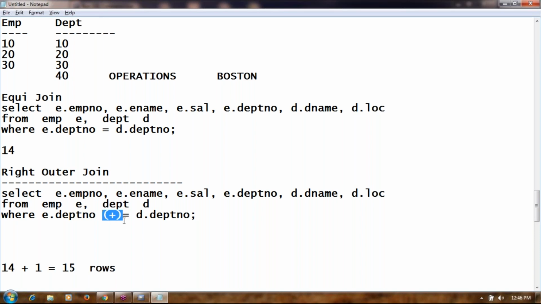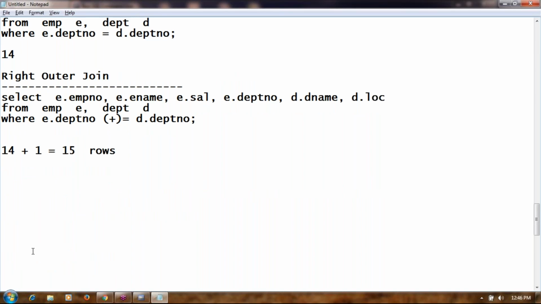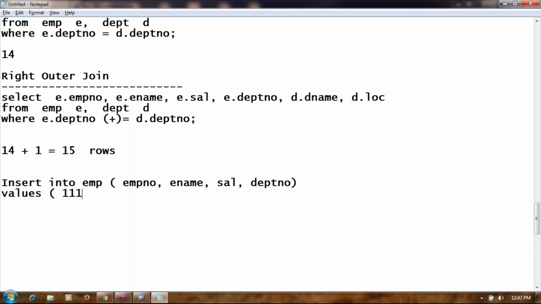Okay, look at one more example. I insert 3 additional rows into the employee table. Department number 16.